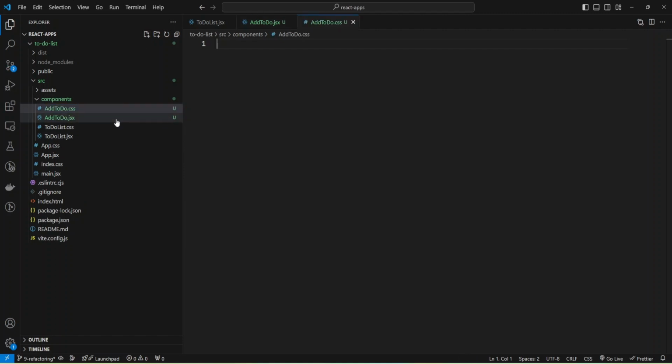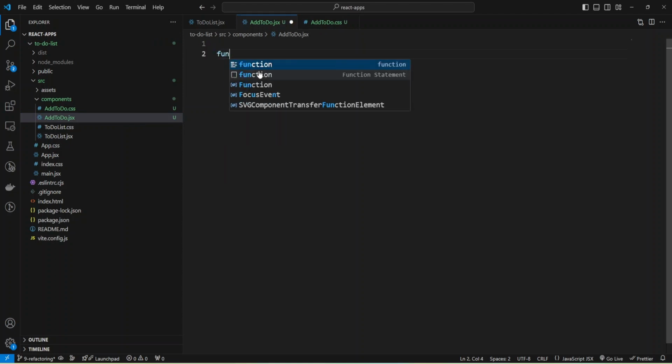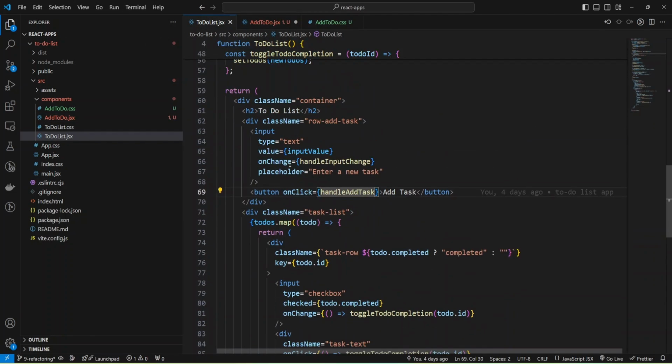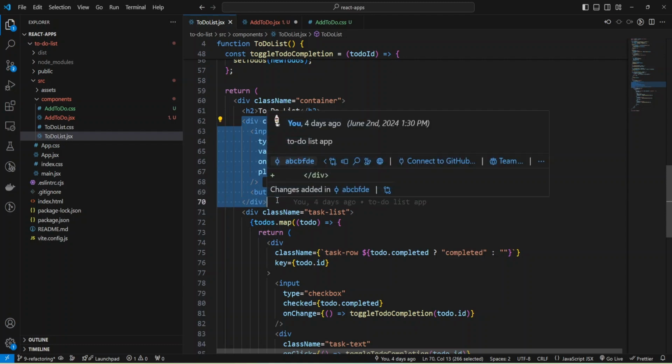And inside my component, I'm going to create a function AddToDo, and provide some JSX return, and copy paste JSX from my to-do list. I'll just copy this.